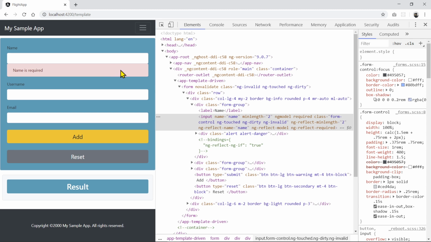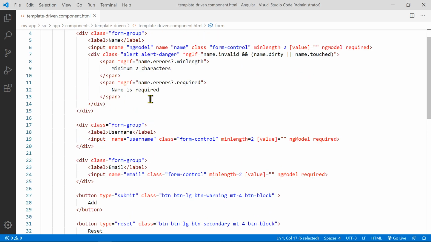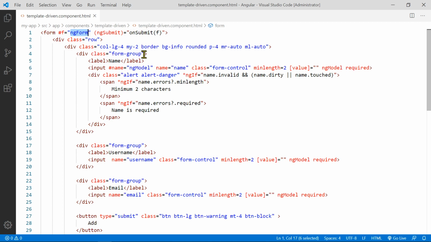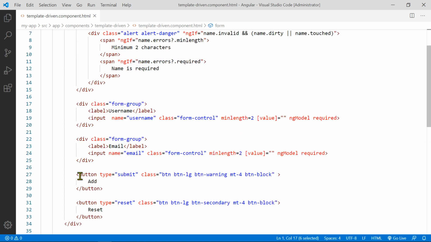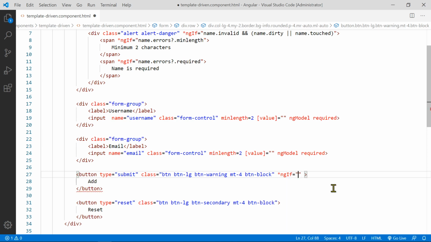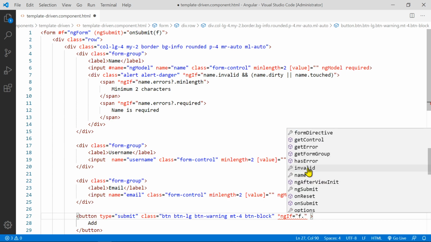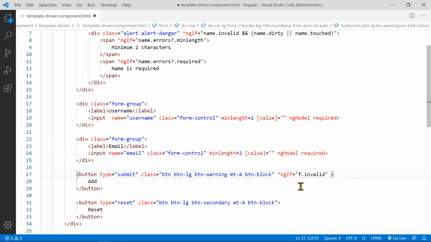Now, one last thing I want to show you is we can deactivate this add button here. So this should not be submitted if it's invalid. You can do that by going to the code and just adding one really simple thing. If you remember the form, it's the parent form. That means because any of these is not valid, then you just say do not submit the form. So you can basically disable this add button right here. I can say ng-if again, if the form called f, the f object is invalid. If it's invalid, then don't